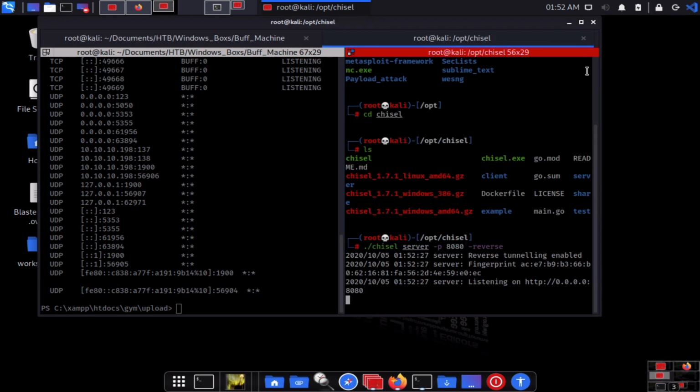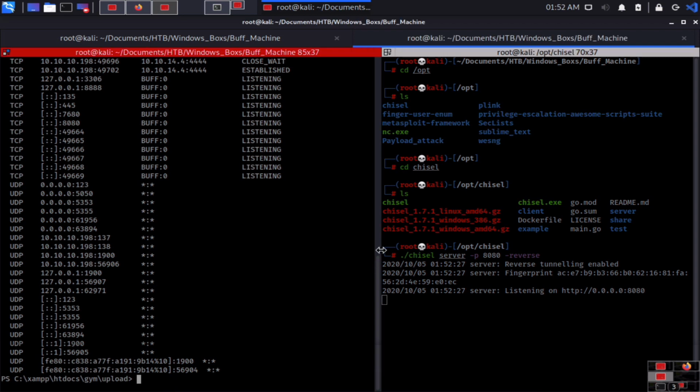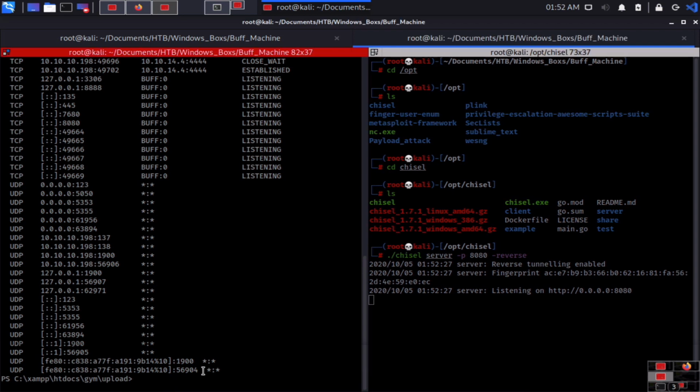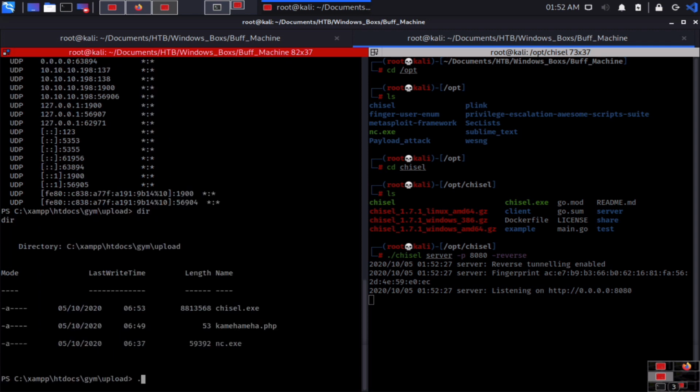Okay, so now what we can do, we can simply type dir again. Because it's PowerShell, we have to write chisel.exe, and we'll use the client IP address, which is 10.10.14.4, colon,